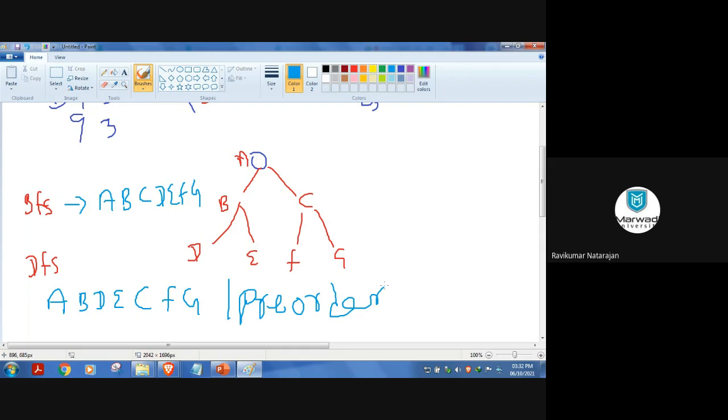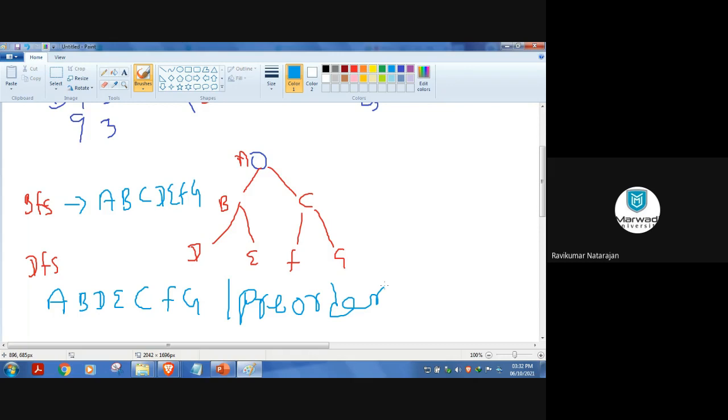And also for BFS, I said that it is a wider search, so basically I go level by level. So I need a queue, so that insertion and deletion is very easy. If I put it in a stack, then I can't delete a particular element. For DFS, we use stack because we go in depth, so we need to be able to fetch the current node. The top node will always be the current node. You see A, B, D. You are exploring A, B, and then D. And then if there is nothing, what will you do?